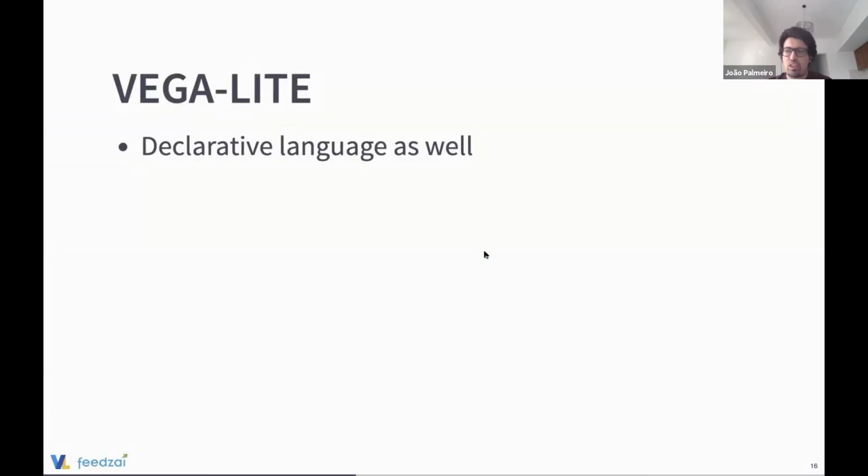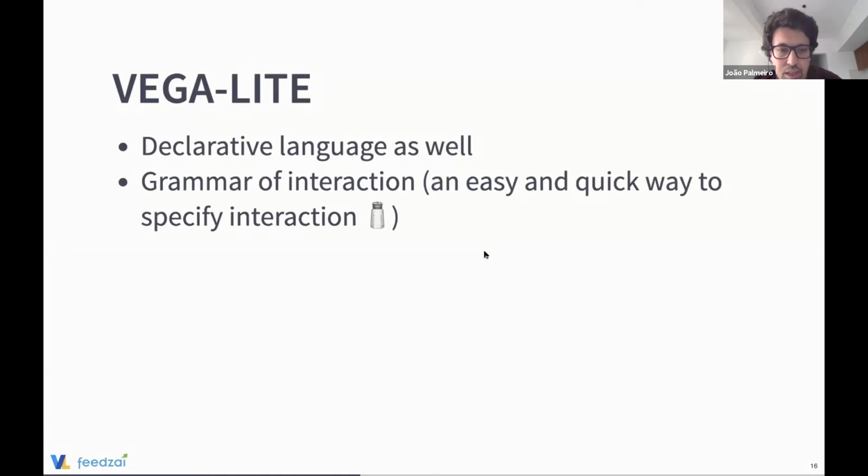So focusing now on Vega-Lite specifically, it's declarative as well, and now we'll start to see the differences. I'm not sure if difference is the best word to describe this, but I will use it because in a way you'll not be doing a lot of different things, or the backend will not be different.